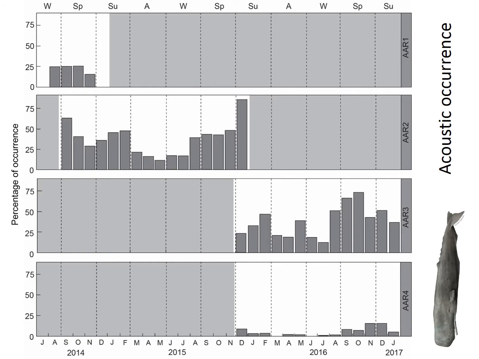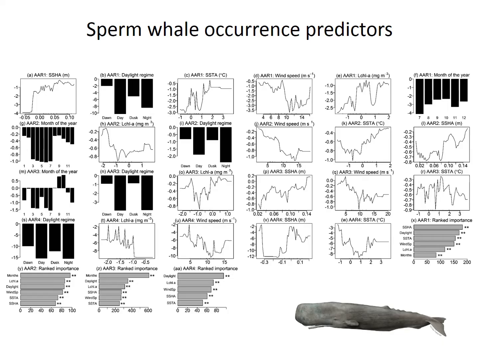And this is the acoustic occurrence over time in South African waters, and we can see that these are deep diving species. We can see high detections on the instruments that were deployed in deeper waters, and low on those deployed in shallow waters. And also we're seeing a year-round presence of these animals compared to other species of baleen whales, where we had gaps in between, but we seem to be detecting them year-round, which was quite interesting, and also confirming what was found previously from whaling research, that these animals are present in South African waters year-round.